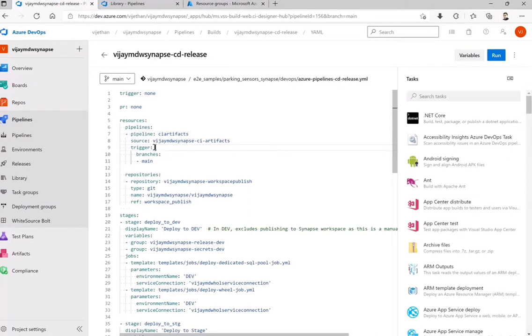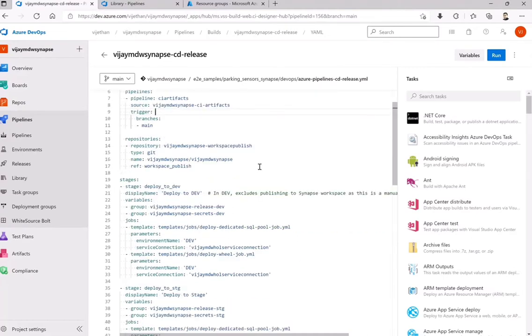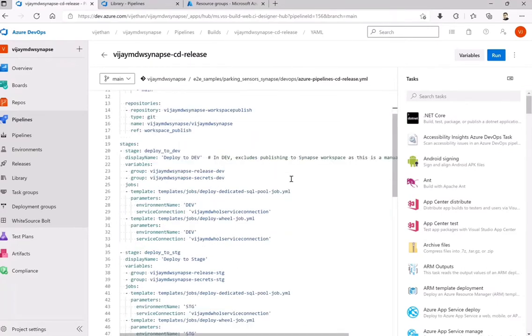Okay, and by default I'm referring this, that means this should get triggered by the build pipeline. So that is the reason CI artifact is a pipeline which will trigger this particular pipeline to run. Okay, now for each stage we have, as I've shown you, what we are doing is at the end of the day we are first of all bringing the binaries in, bringing the artifacts whatever we had. Okay, and third thing for us was the Synapse environment itself, right? So workspace environment. So that particular deployment which we are doing here for each stage.